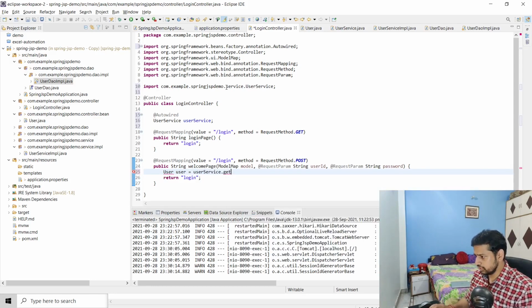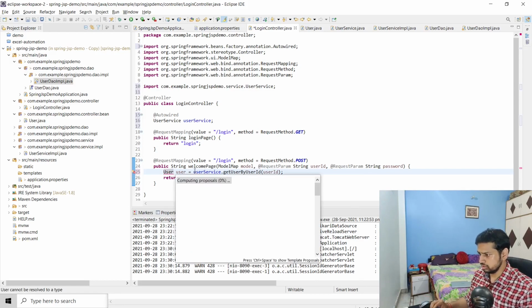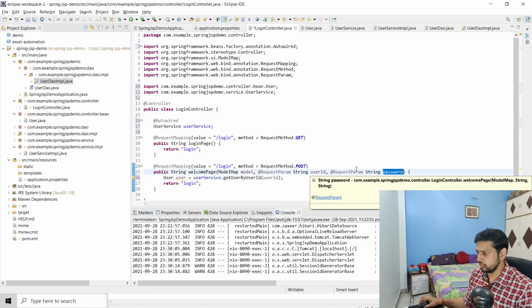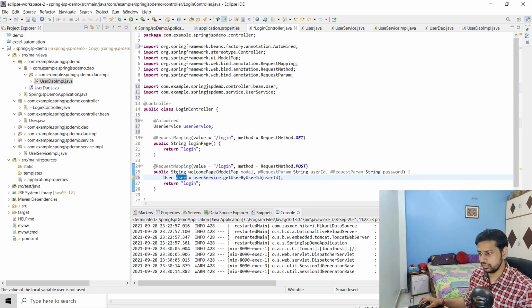So get user ID. Now I have the user object here, and I just have to compare. The password the user is providing on the UI is going to be in this variable, and the actual password which is stored in the database is going to be in this object.